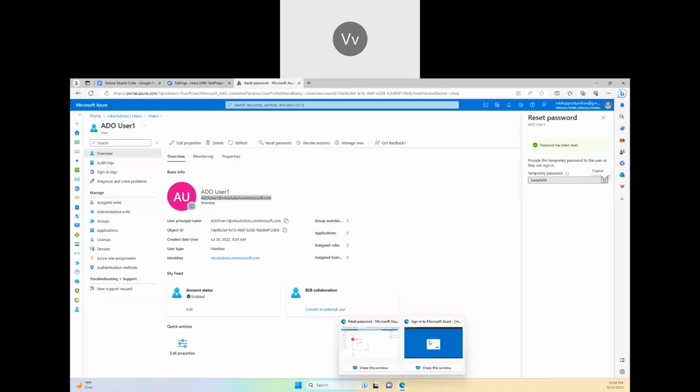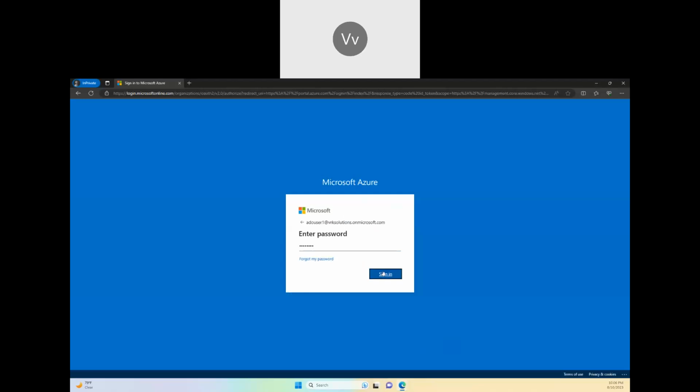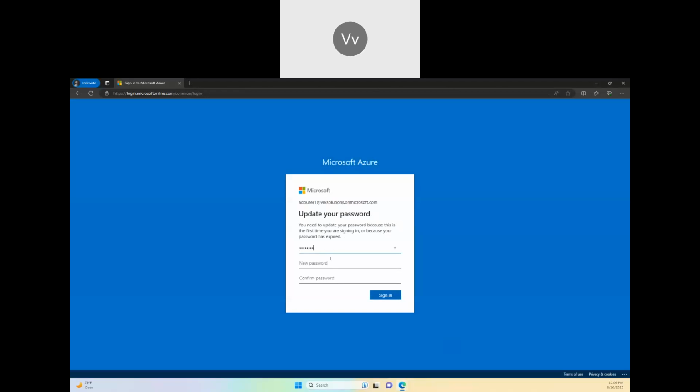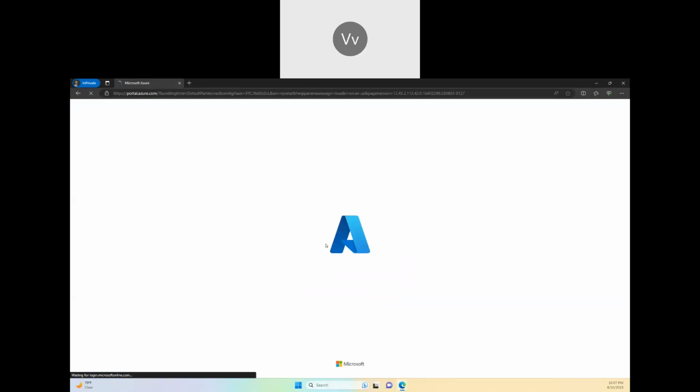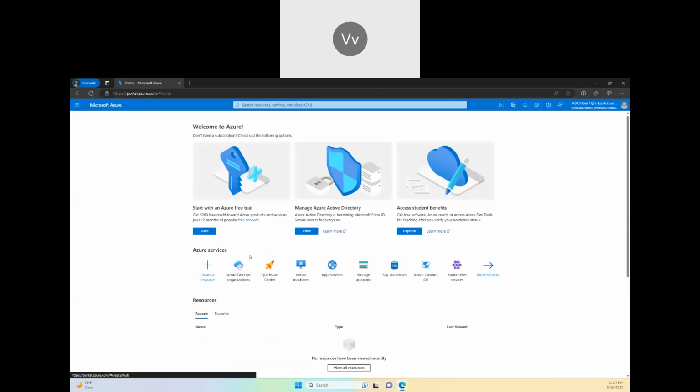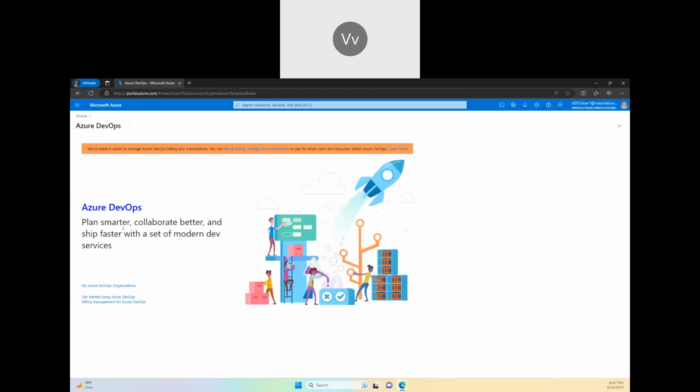Temporary password is this. It's asking password. Just mention